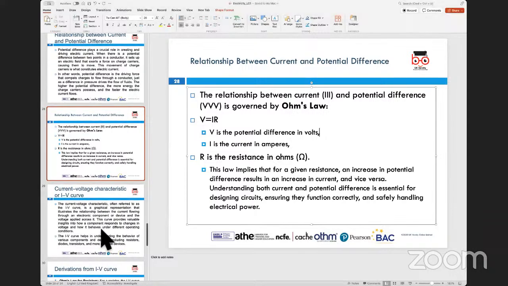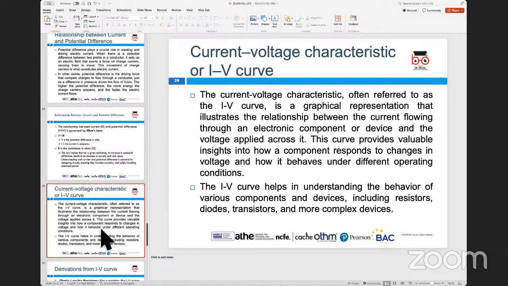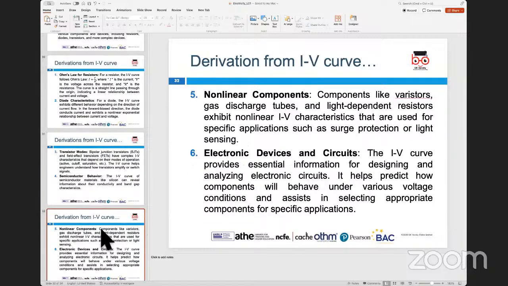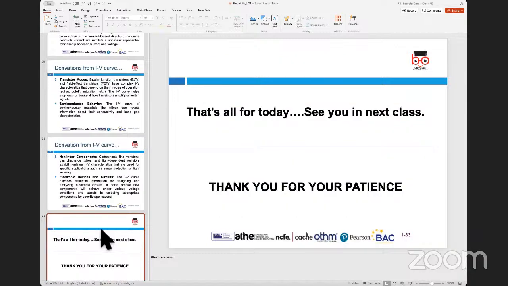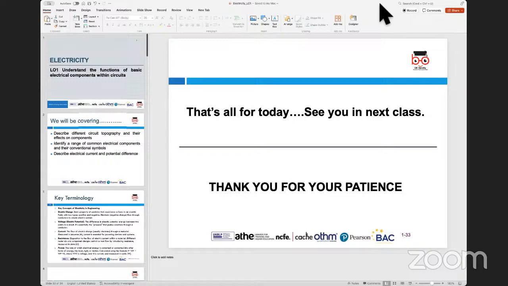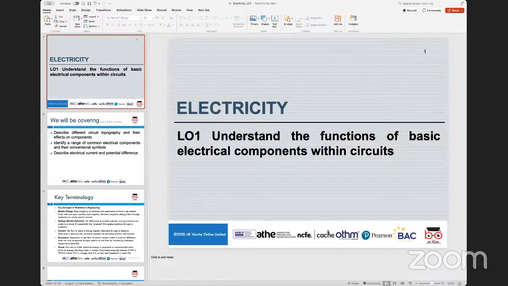So what I've done is I've basically explained this in one or two slides here so that you are able to understand what is the relationship between electric current and potential difference, the first assessment criteria, which is understanding the basic functions of electrical components within the circuit. And I've augmented the presentation. And obviously, when you look at the second lecture, we'll be going into applying some of the things that we've learned here to create circuits which are going to carry